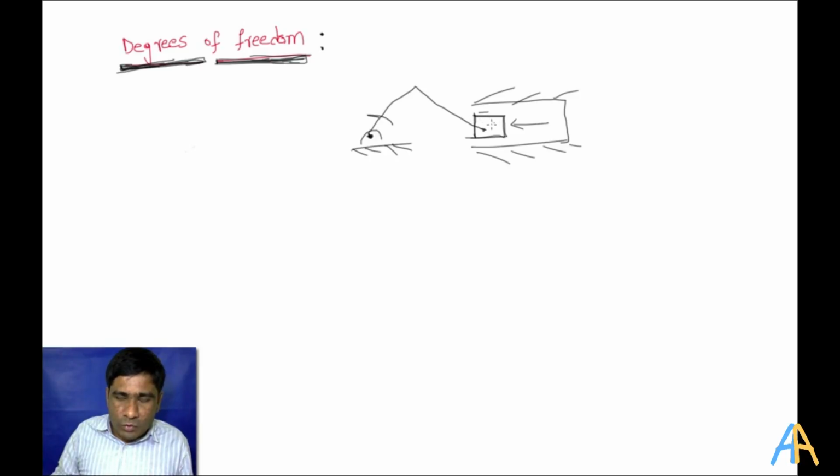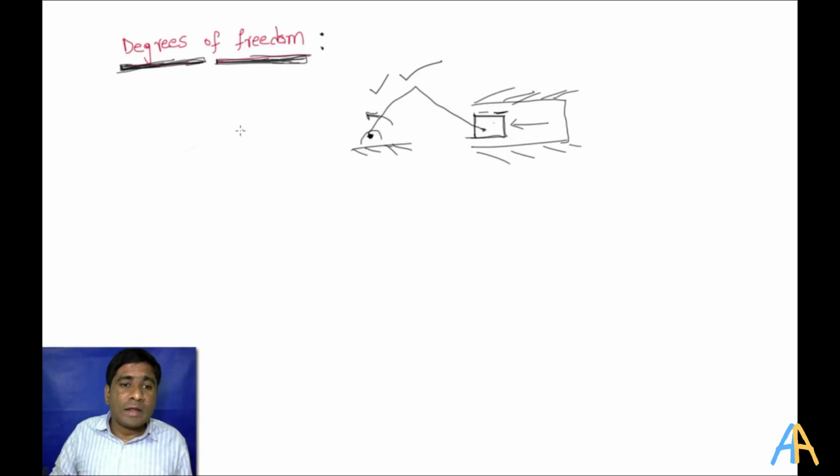For example, we are considering this as an input motion, and this rotation is the output motion, and we need to know whether this particular mechanism is only of 1 degree of freedom. We know it's only 1 degree of freedom because we have already seen this one. But how to know that before using it in the machine or in the engine? So we need to apply the degrees of freedom formula for this one, and if it is satisfying that the output motion is having only 1 degree of freedom, then only we go for this type of mechanism. And that is about degrees of freedom.